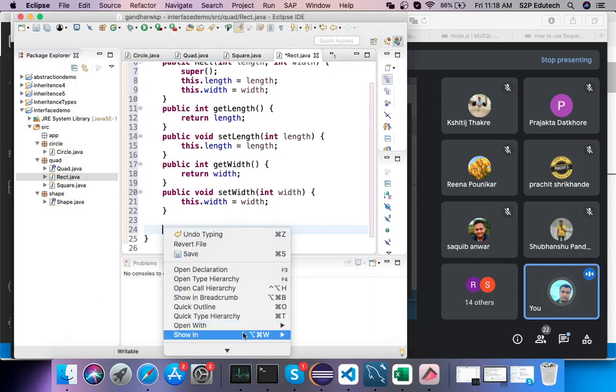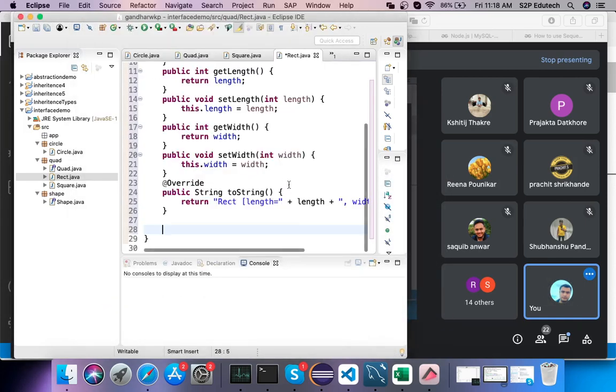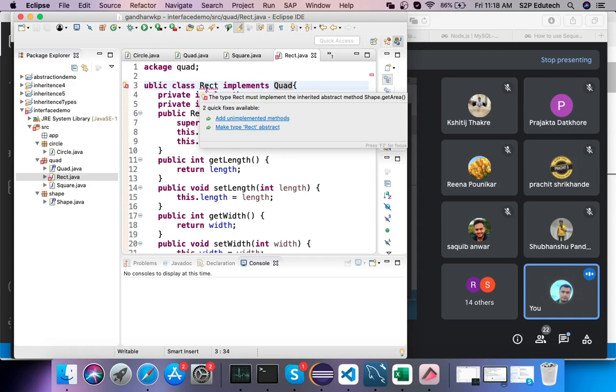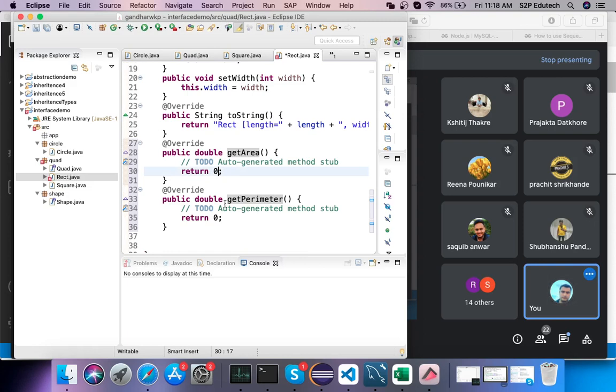And third is I'll generate a toString method. Then I'll implement this again from Quad. Right, I'll have to add unimplemented methods, and here I would say return length into width, and here I would say return 2 multiplied by length plus width. That's what I have got.